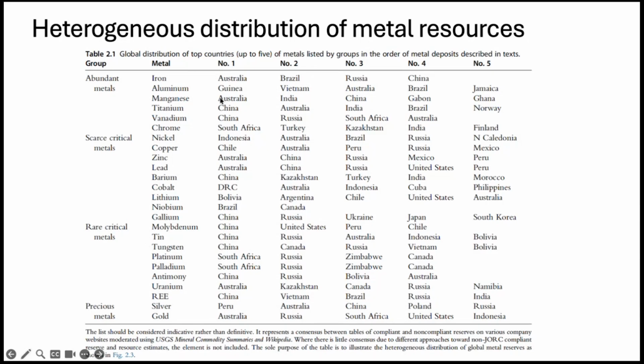And the main thing to take away from this is that there's a small number of countries that appear multiple times. So if you look at it, China's there a lot, Australia's there a lot, United States and Canada, Brazil. But there's some other ones sprinkled in throughout there. But those are sort of the major countries that are producing the bulk of the metals that we use.